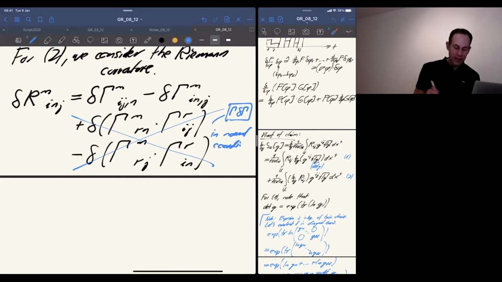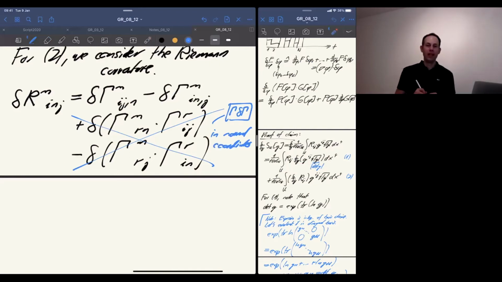But of course, we are free to choose whatever coordinates we like if we do a calculation. Of course, when we define new things, we have to make sure that the definitions are coordinate independent, but that's not an issue here. All these things we are talking about are already well-defined tensors, and we're just now working with them.